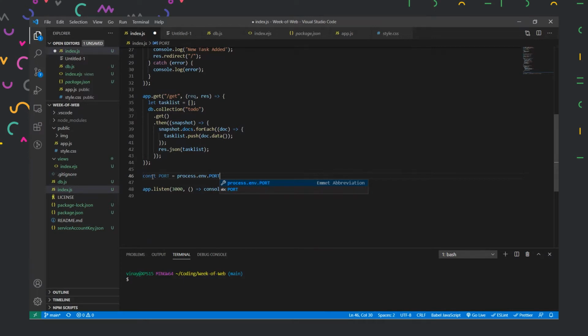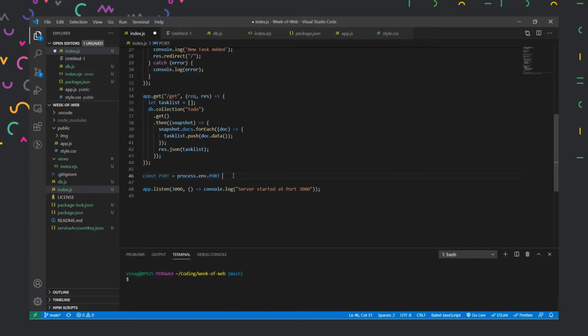In Node.js, we have a global variable called process, and inside that process, we have an env object where all the configurations of our server are stored. Inside those configurations, we have something called PORT, which stores which port our application is running on. So if any port is already defined, it will take that, or else if this port is not defined, the value will be undefined, which is always equal to false in JavaScript.